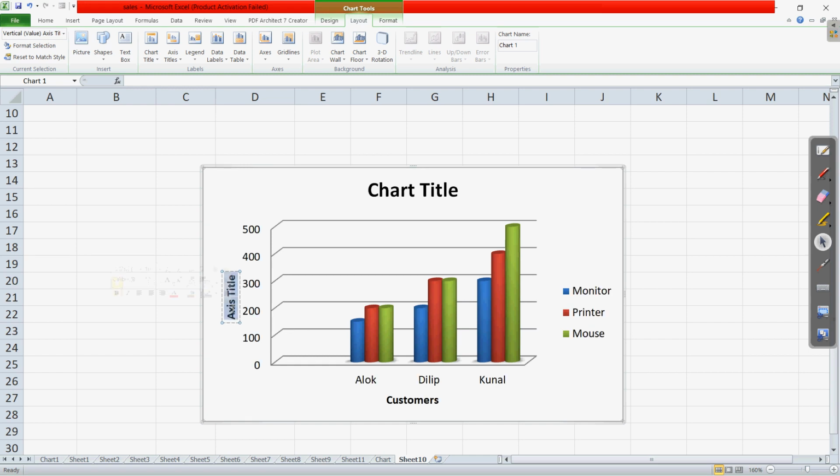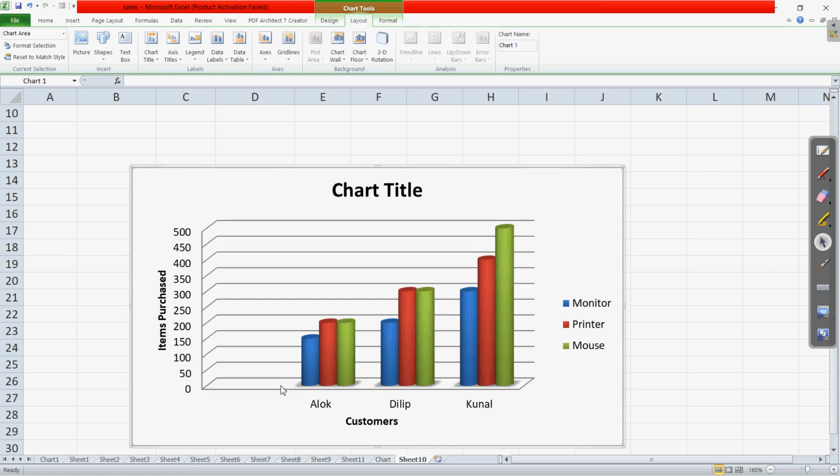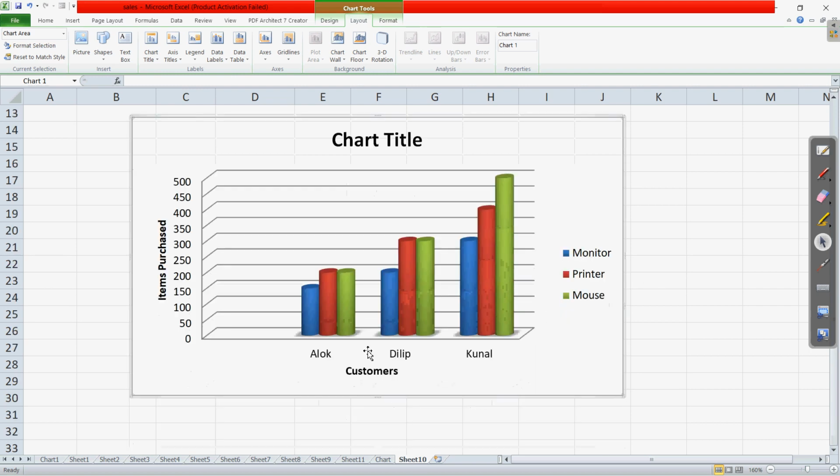So suppose now I want to write something, so we can write item purchased or something similar. So here we have written item purchased. Clear? So this way, let us enlarge this a little bit, we have added the axis titles.